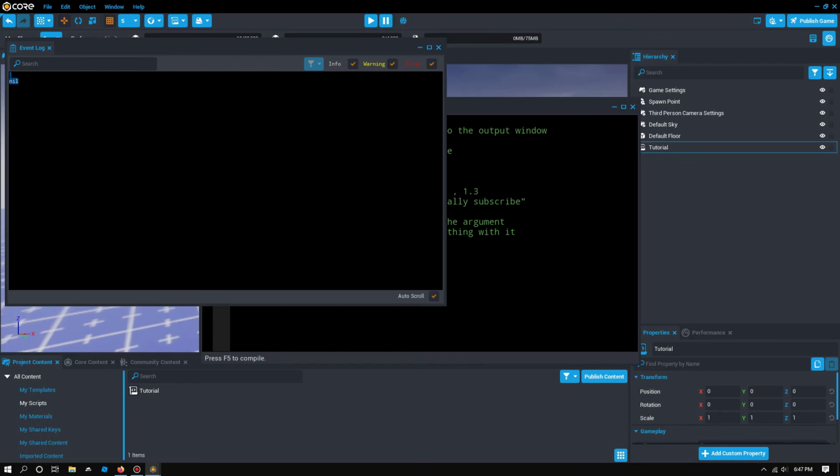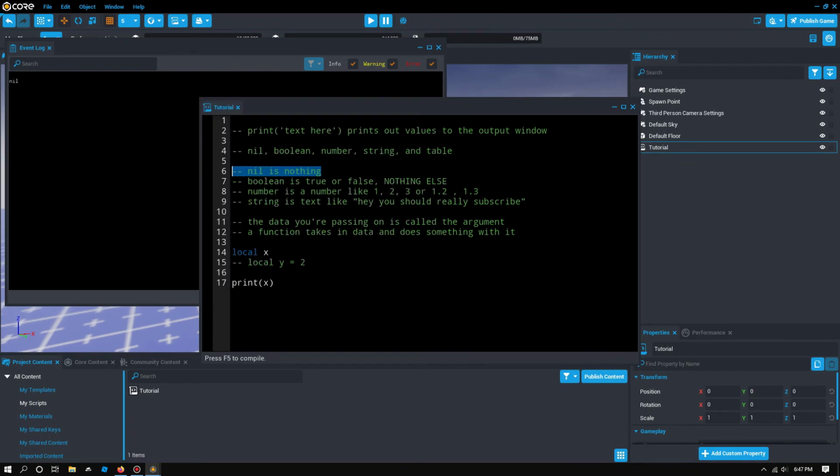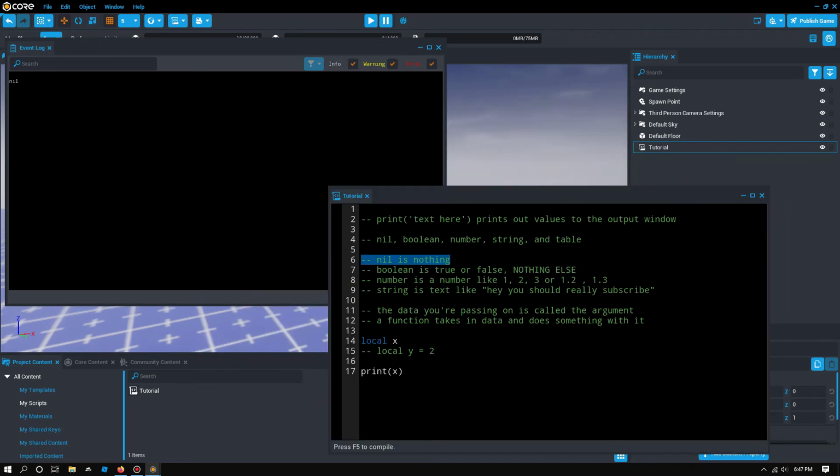Printed out nil. And remember, we said that nil is nothing. So whenever you try to do something with nothing, like it doesn't exist, the program is going to print out nil, or it's going to give you an error. Okay, so remember, don't try to do stuff with nothing unless you're doing it on purpose. In that case, it's fine. All right, so